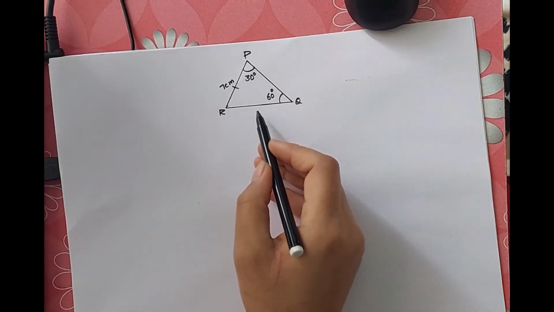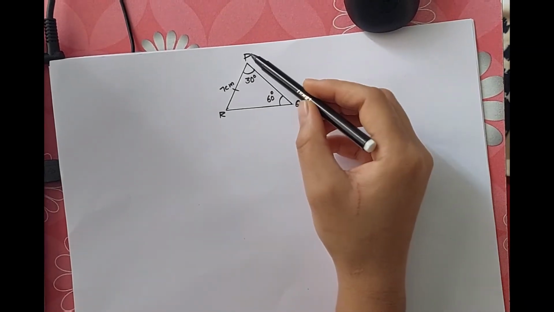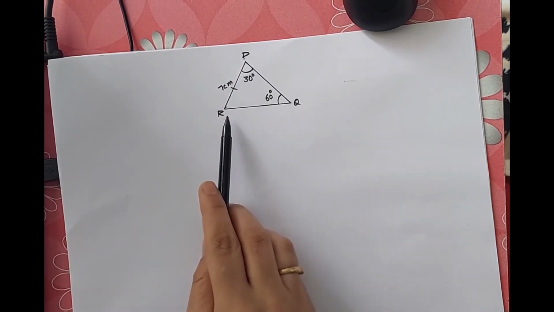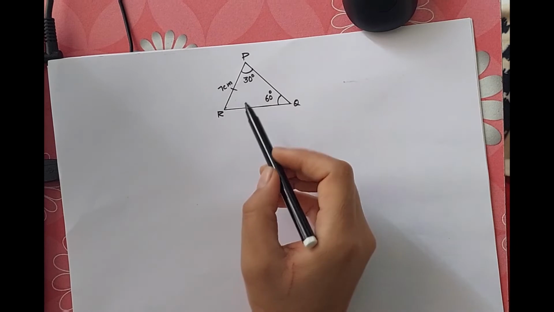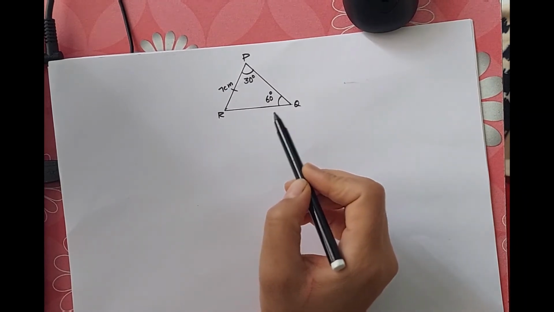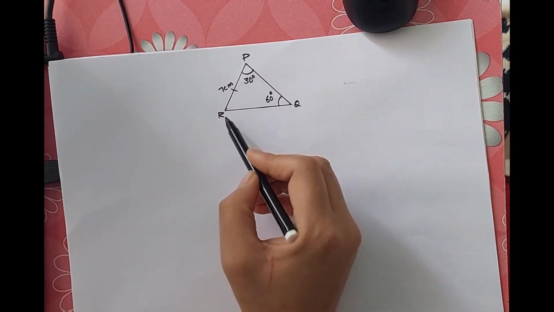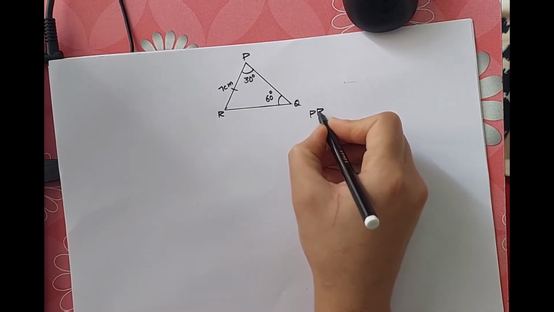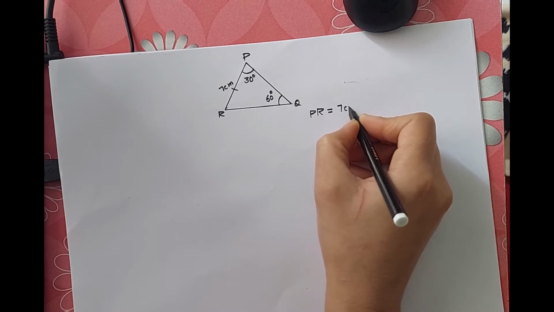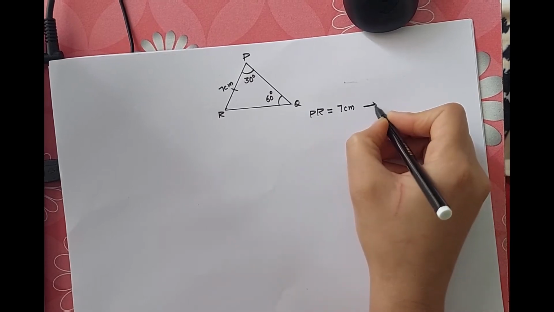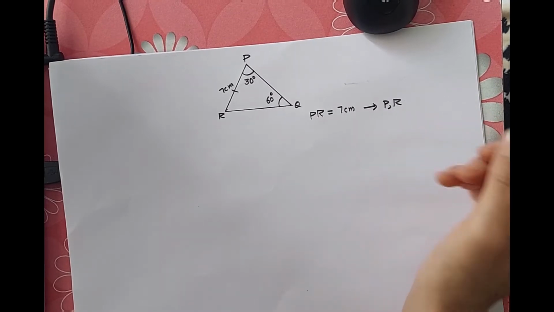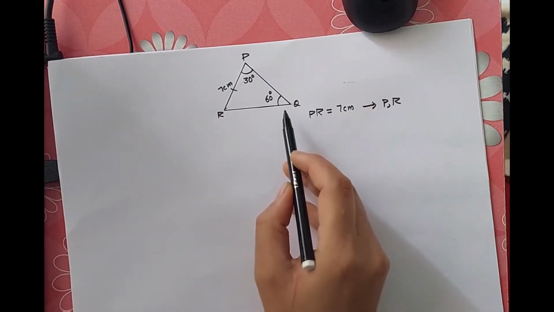So this was the first question. Here we were given Q, P and PR. See, if I have to start construction, it's better to start with PR equals 7 centimeter. Okay, the moment we draw PR equals 7 centimeter, what will come on paper? P and R. Now we have to look for Q.